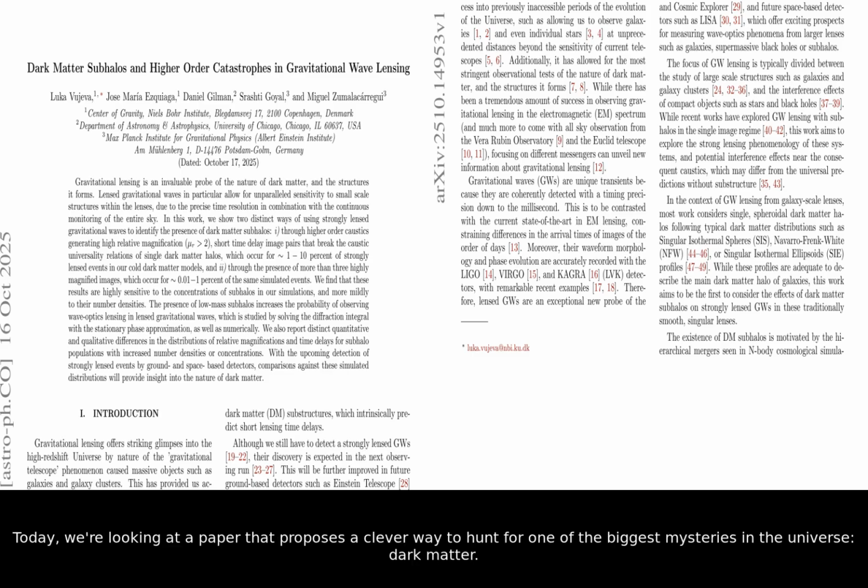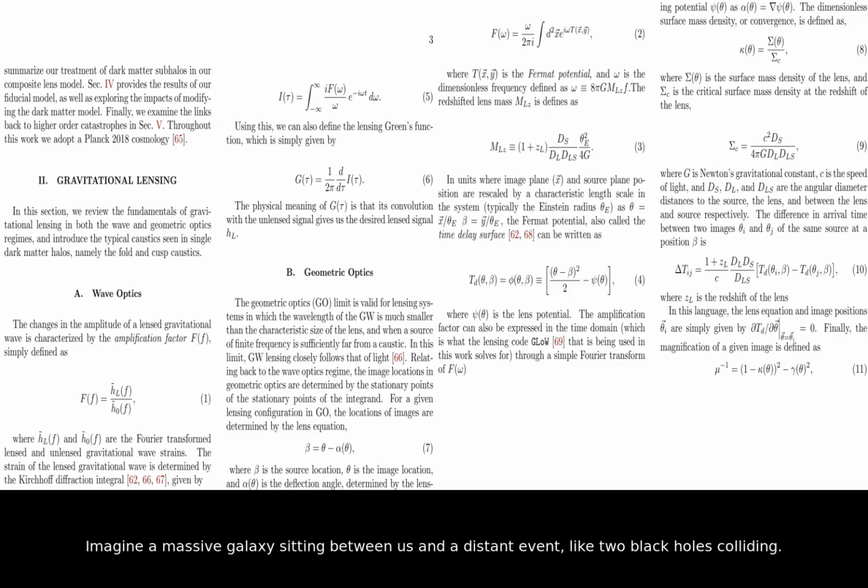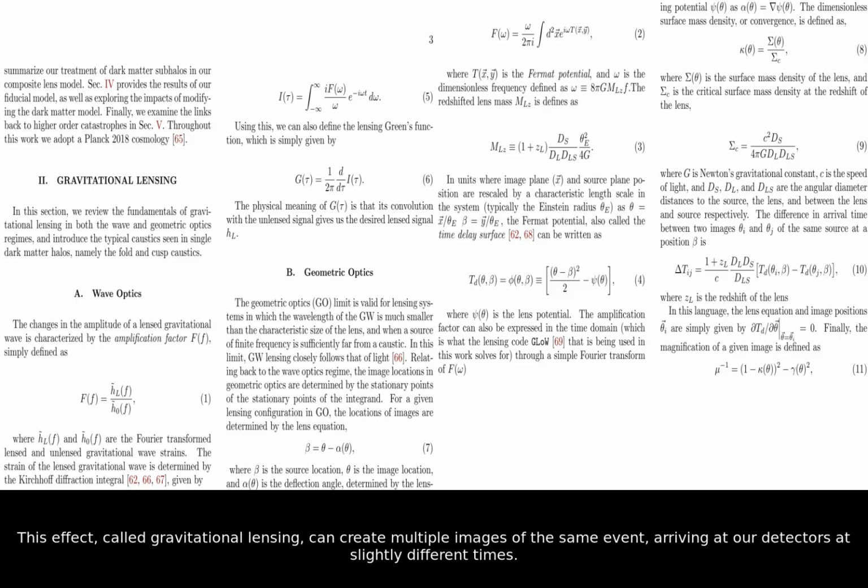Today, we're looking at a paper that proposes a clever way to hunt for one of the biggest mysteries in the universe, dark matter. Imagine a massive galaxy sitting between us and a distant event, like two black holes colliding. According to Einstein, that galaxy's gravity will bend spacetime around it, acting like a giant cosmic magnifying glass. This effect, called gravitational lensing, can create multiple images of the same event, arriving at our detectors at slightly different